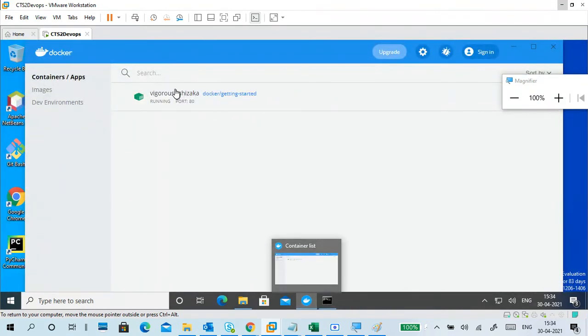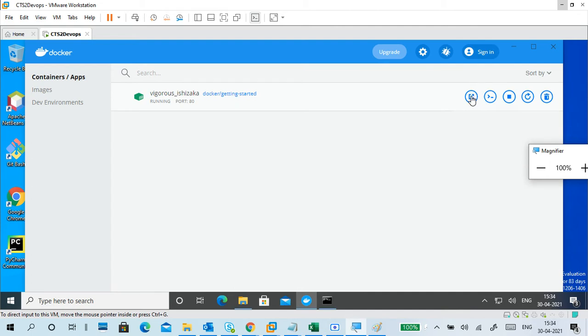Okay, yeah. You can see there is a container running. Something is showing, and this is a terminal. Okay, so open in a browser.